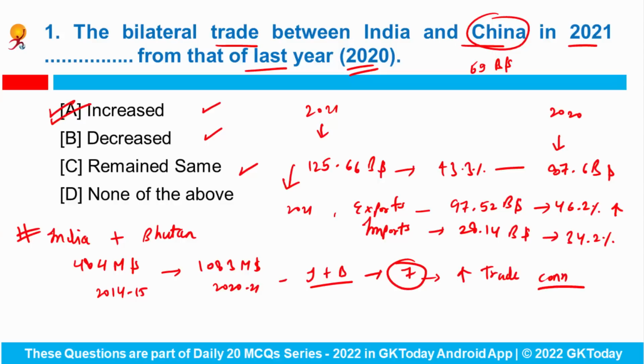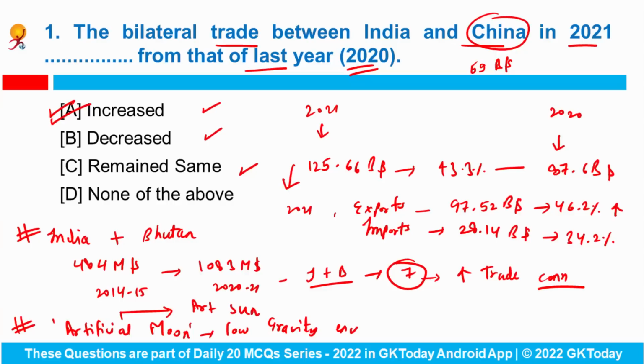Now talking about China, let's see some of the important things why it was in the news. First of all, it has recently built an artificial moon research facility to simulate a low gravity environment using magnetism. Then China was also in the news because of its artificial sun, because it has set a new world record after superheating a loop of plasma to a temperature 5 times hotter than the actual sun for more than 17 minutes.